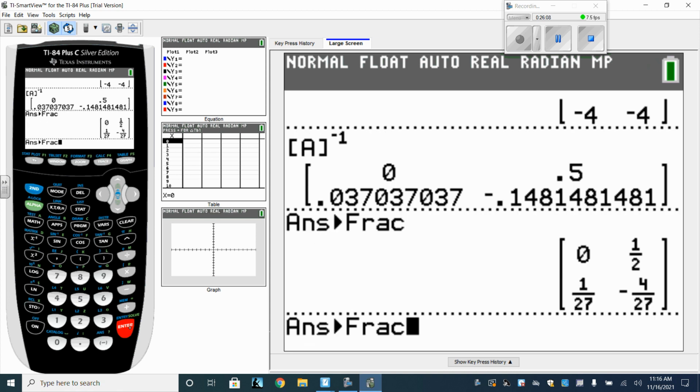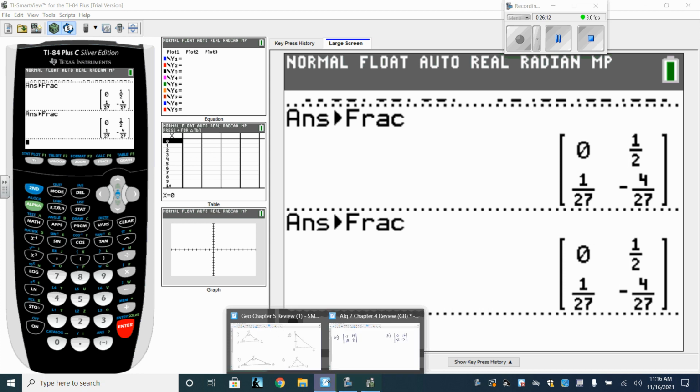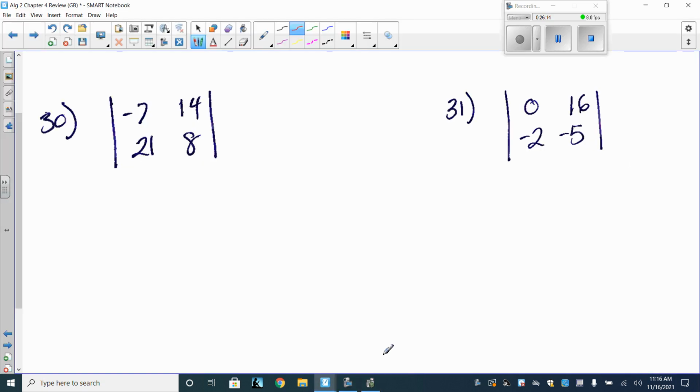There we go. And then it'll convert it to a fraction. If not, I'll just look at 30 for the determinant. Now, there's two reasons we know we're taking the determinant. One is because we don't have actual brackets. It looks like absolute value bars for a matrix. Secondly, well,